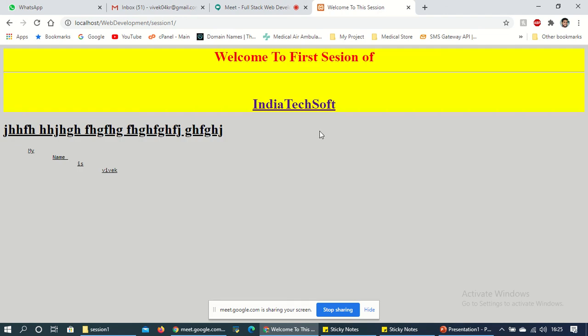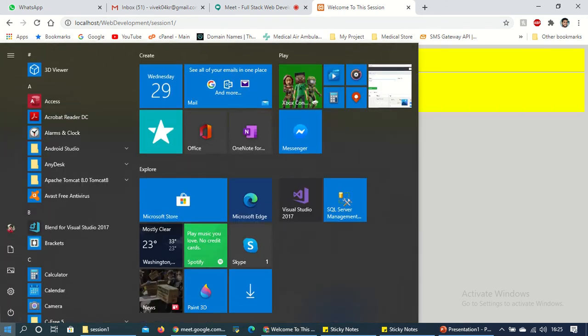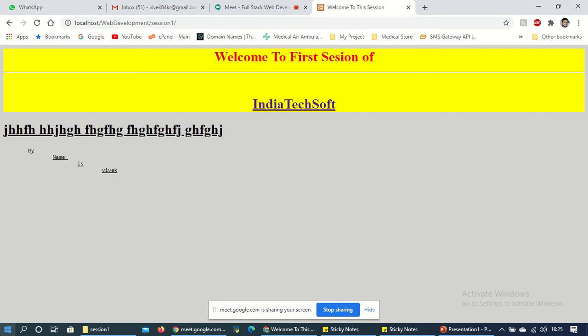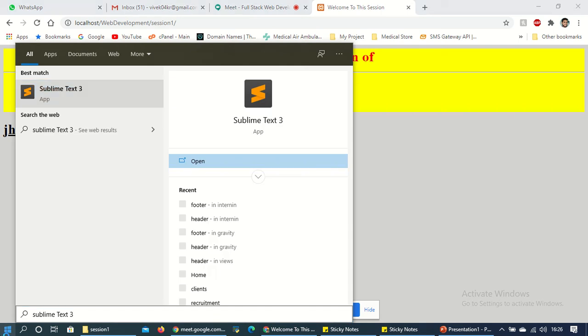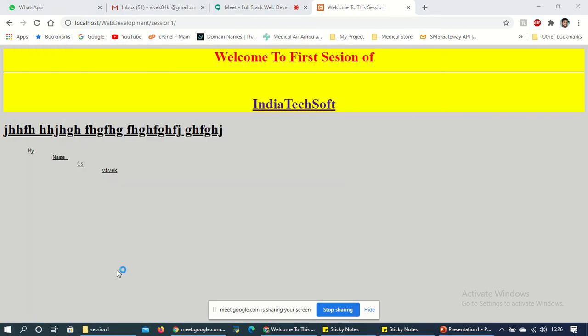Show the same page machine. Now just going to the coding area, and for this I'm just going to start the Sublime text editor. So Sublime text. Okay,